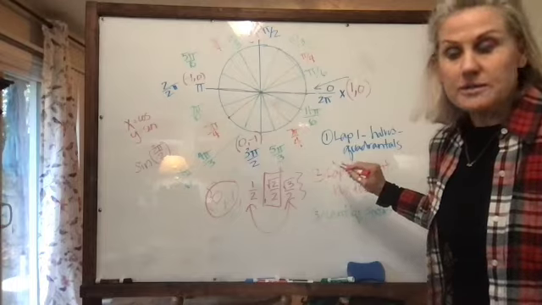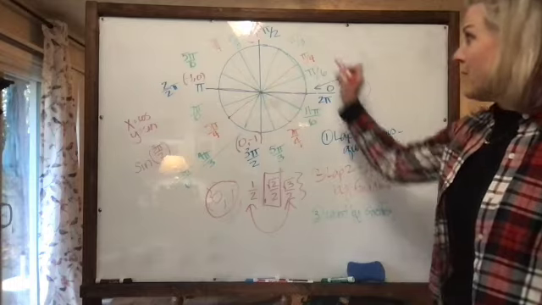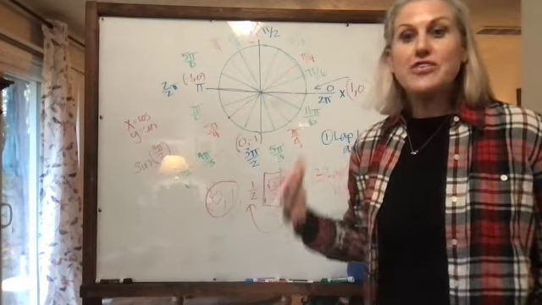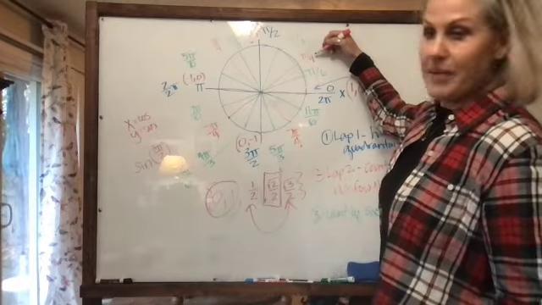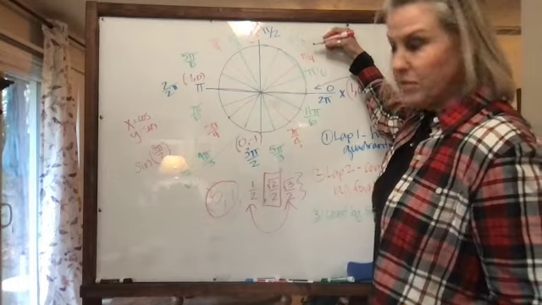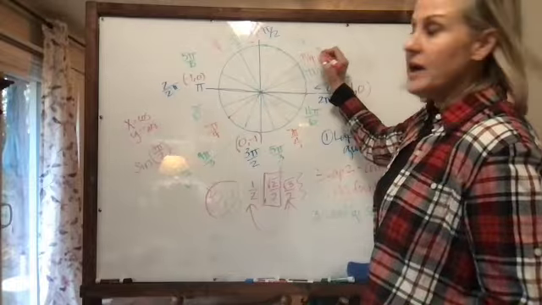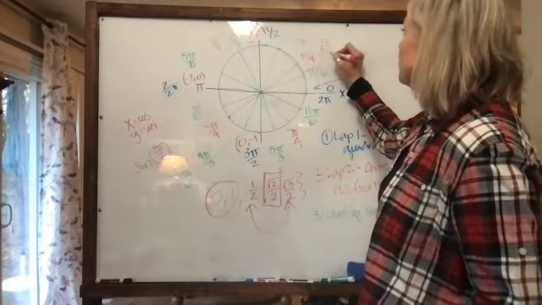So go back around and do your quadrantals first. Those are zeros and ones. Then go back and do your quarter marks. Those are always your twins. Root 2 over 2, root 2 over 2. So here at pi fourths, that's one of my quarter marks. Since we're in quadrant 1, that is root 2 over 2,